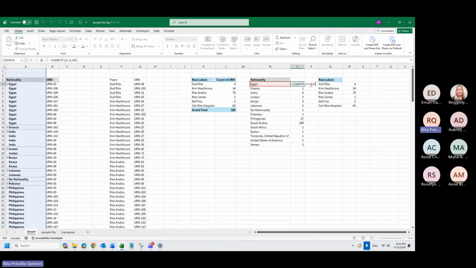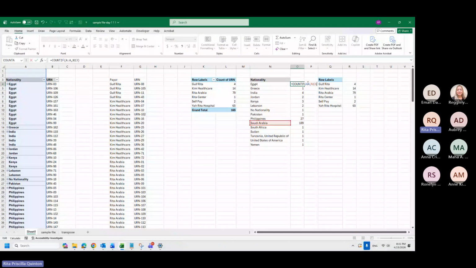So this formula, if we read it: count if a column has Egypt, count all the cells in column A that is named Egypt. Okay, you see here it's 10, right? If I move it, let's say I want Saudi Arabia, you can move your file here.